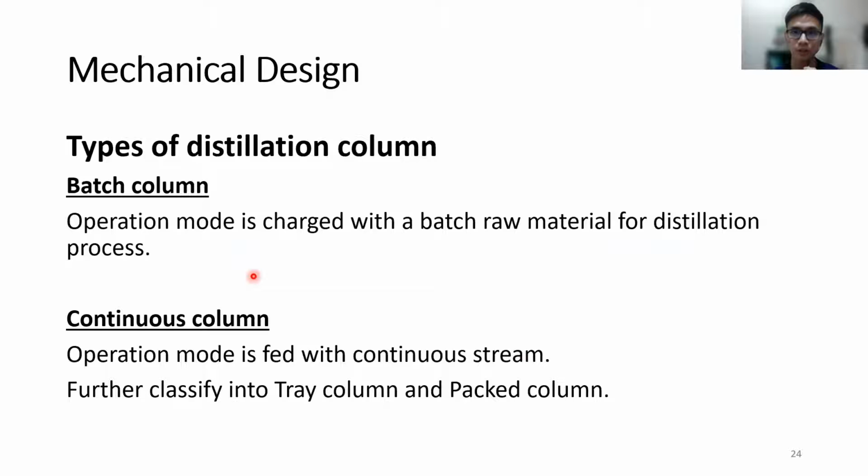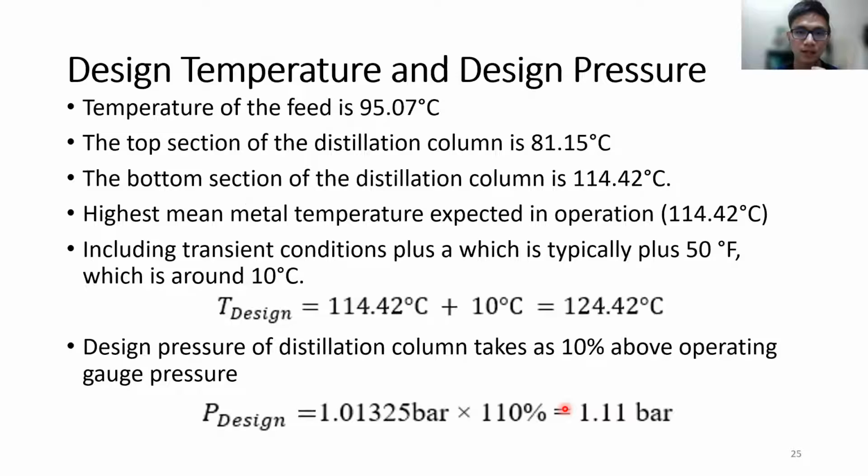The distillation column can be classified into batch column and continuous column. In a batch column, the operation mode is charged with a batch of raw material for the distillation process, while a continuous column is fed with a continuous stream, and it can be further classified into tray column and packed column. Next slide. To calculate the design temperature, the highest mean metal temperature expected in operation is 114.42 degrees Celsius,